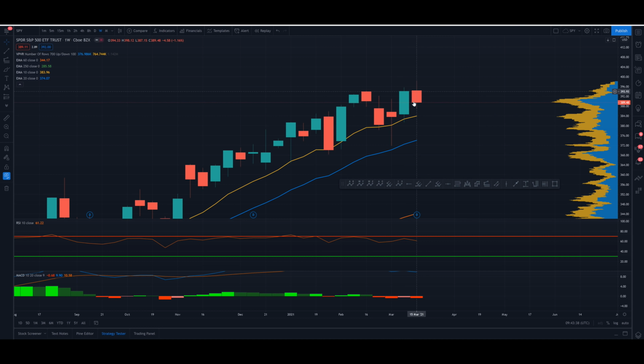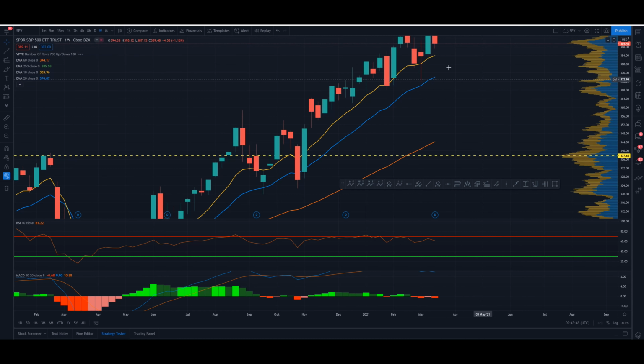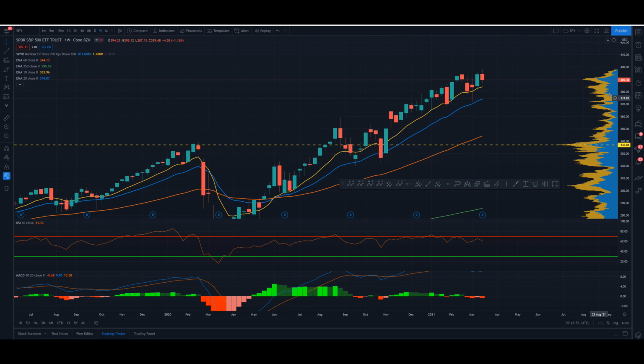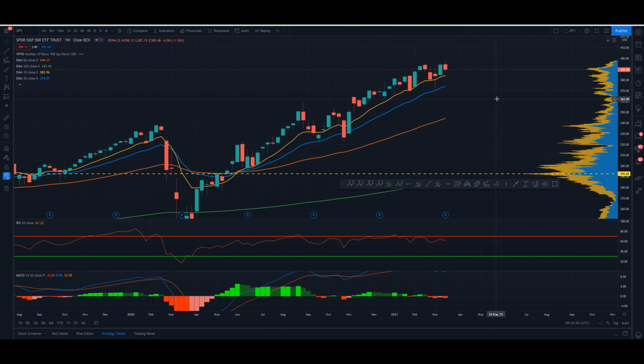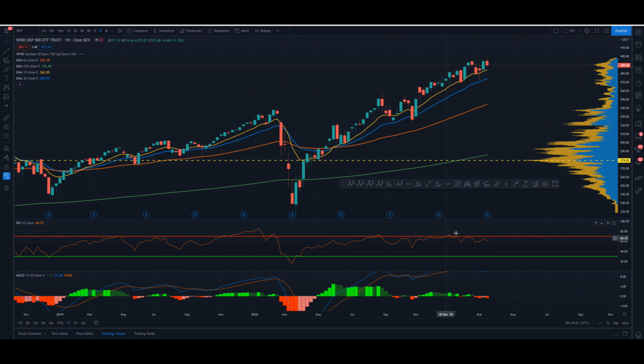So not extremely bearish, could be the start of a greater downturn, but we need future confirmation in another bearish candle or two after this. So can't read too much into that at the moment. Still trading above the 10, the 20, the 60 and the 250 exponential moving averages here on the weekly time frame. Now on the RSI, we can see that we have come up to overbought conditions around the week of